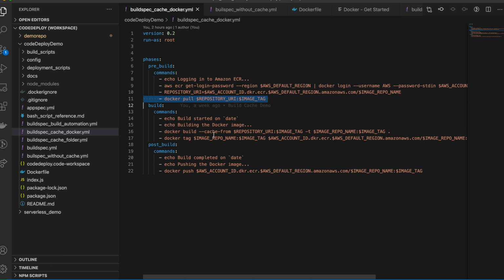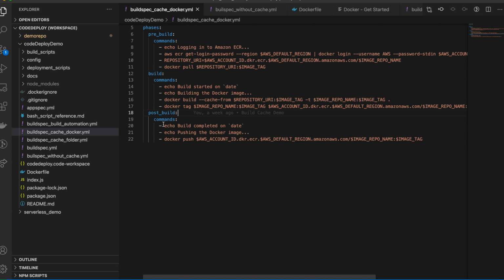So the local system will have the current image ready, so that when the build happens, the build will use the cache from the remote repository itself. You can see it here. We are pulling it and then we are caching from the remote repo itself. Then we are making a new build, whatever changes we have, into a new image and tag. Then you are tagging the changed one into the exact repository, the previously pulled one, or you might say that we are just pointing that to the original remote repo.